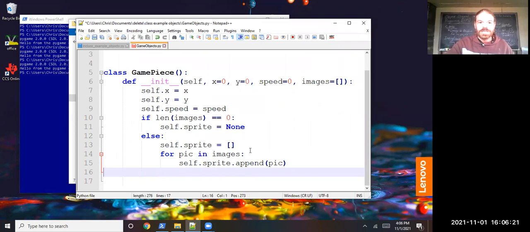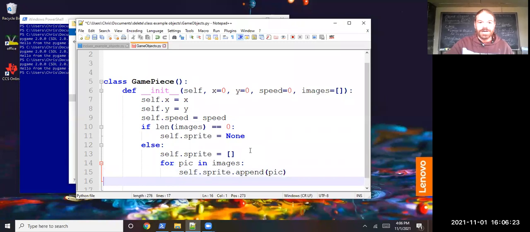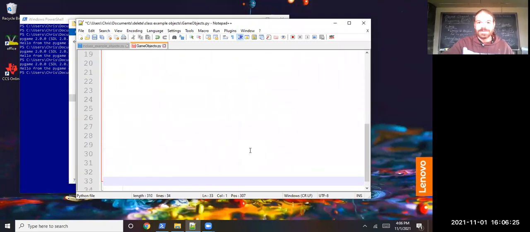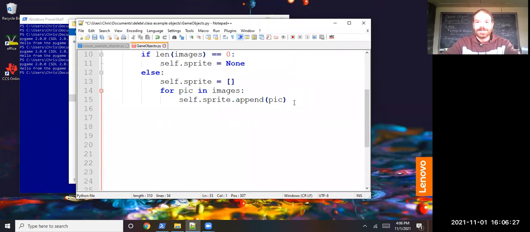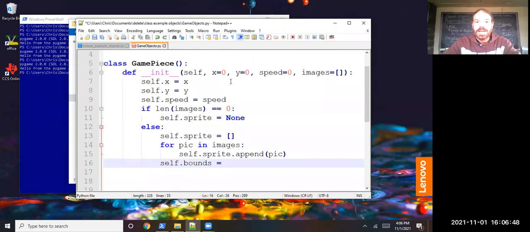I'm also going to add a bunch of white space here because I don't like working at the bottom of a screen. So I'm just going to hit enter and get some white space there first. So after we have those images, I'm just going to look at index 0 because we know there's going to be at least one thing there and use that for the bounds. So self.bounds, that edge, the thing we use to detect collisions, see if we bumped into another game object, or game piece is what I call it here. The bounds is going to be that